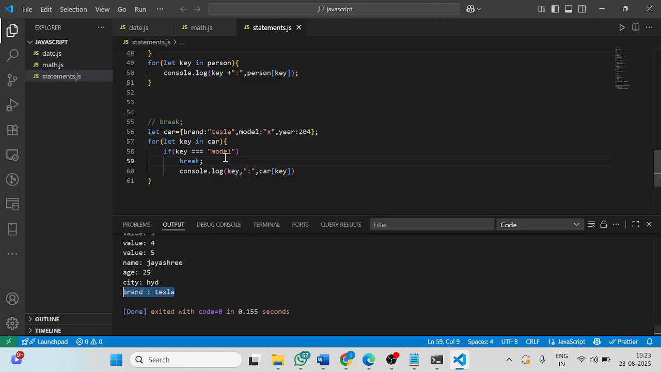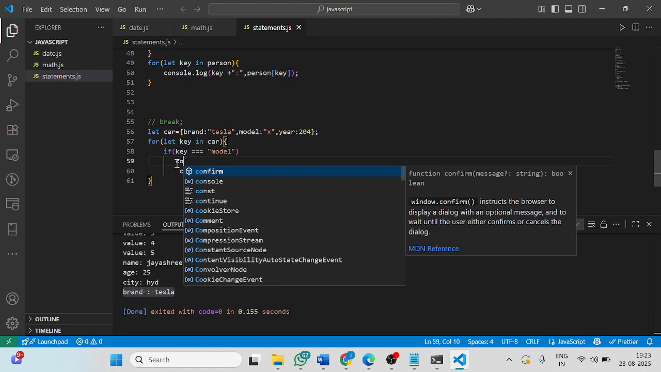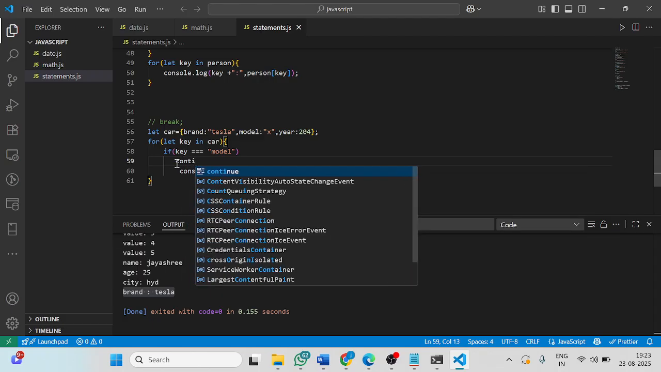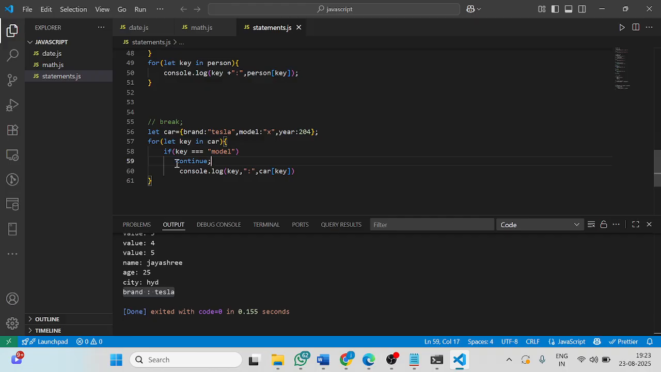The same thing, I will add the continue here. What happened here? The continue skips the one we specify, that will be skipped, and after that the loop will continue. So here I'm going to take one model to be skipped, and after that Tesla and 2024 will be presented. We will see. So see here, model is skipped here, and Tesla